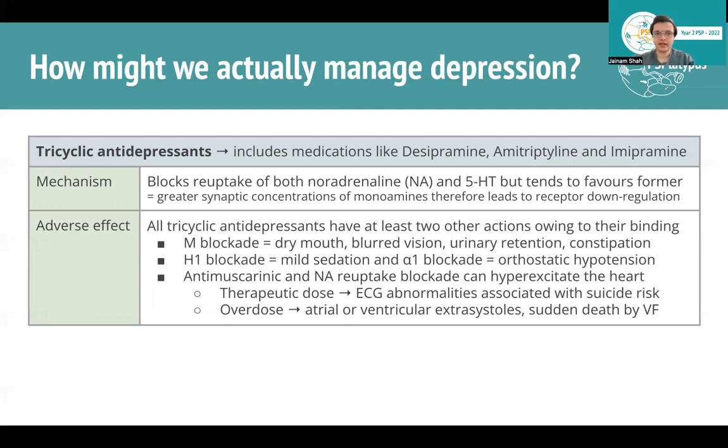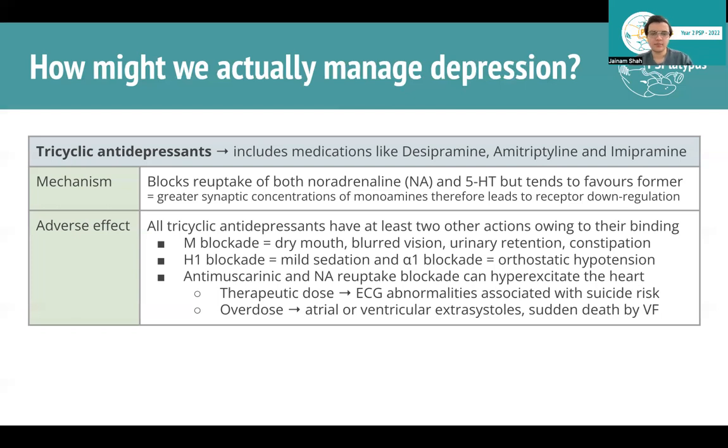So the muscarinic blockade, which is parasympathetic, right? So you get things like dry mouth, blurred vision, urinary retention, constipation. It can also block the histamine receptors, H1 receptors, which can lead to mild sedation. And it can also block alpha-1 receptors, which can lead to orthostatic hypotension. And if you have a combination of anti-muscarinic effects and noradrenaline effects, then you can actually lead to hyperexcitation of